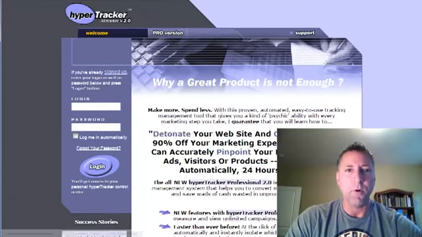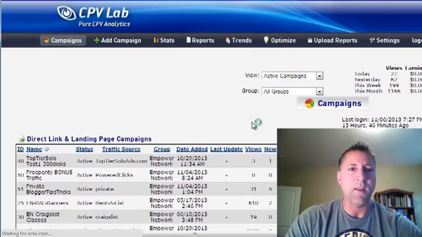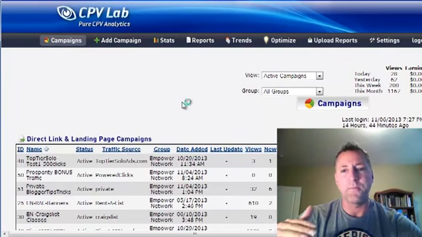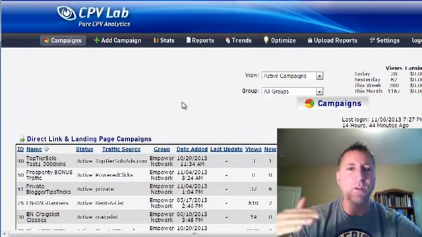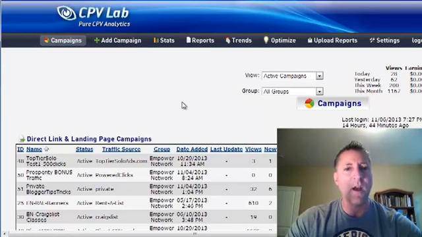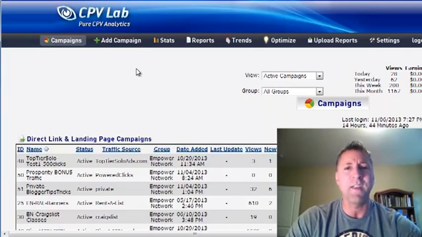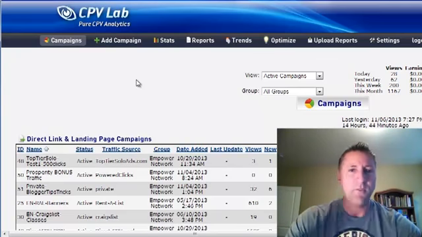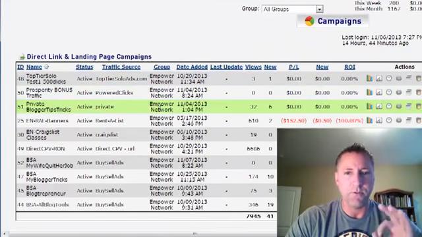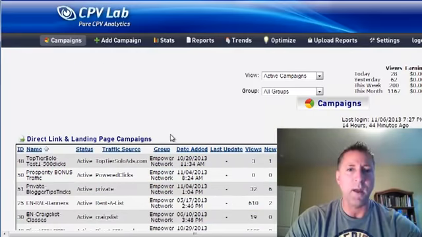But from this point forward, I'm going to switch over to the tracking system that I use and show you what's possible. Now, even though I'm not using HyperTracker, you can do all of this same stuff using HyperTracker, and it's just a slightly different process. But HyperTracker, I think, is about $12 or $19 a month, something like that. That will be the best 15, 20 bucks a month that you ever spend if you're doing paid traffic. Just trust me on that. I'm telling you this, I have no benefit of you signing up for HyperTracker.